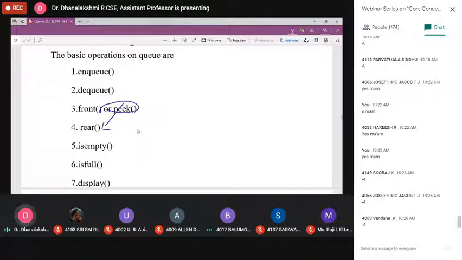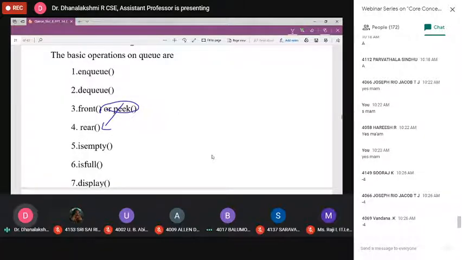So apart from that, what is the conclusion? The element can be inserted at one end. That end is called what?